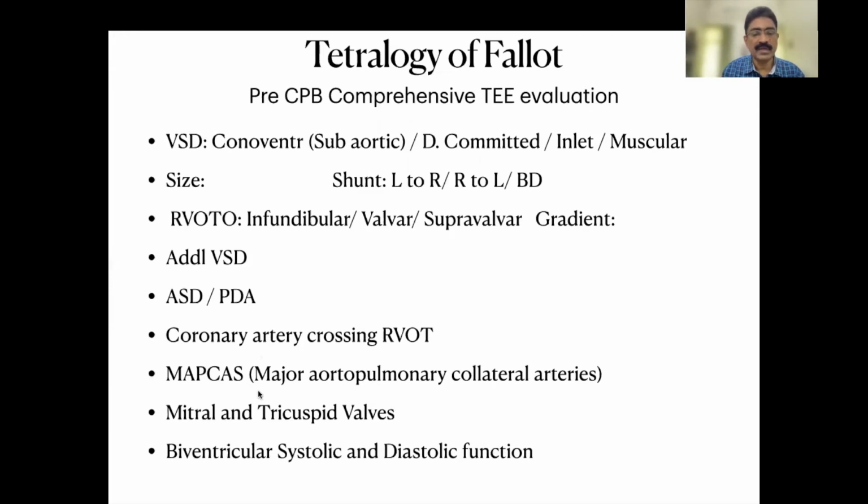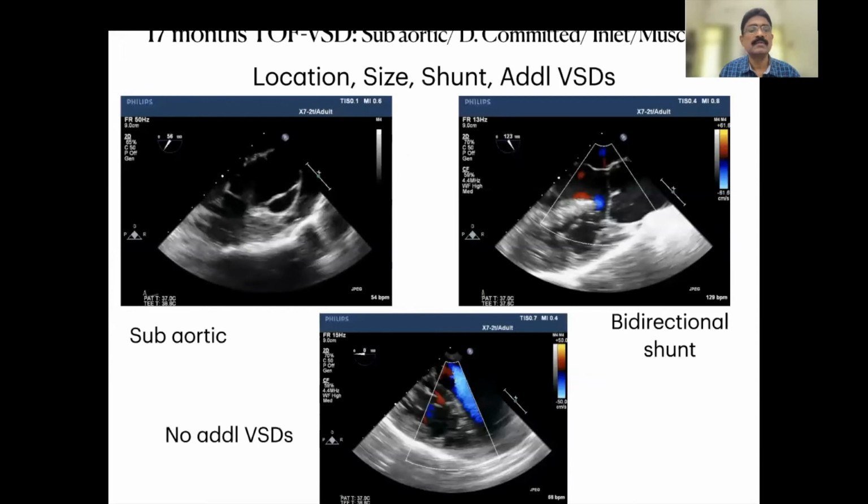Look for major aortopulmonary collateral arteries by imaging the descending thoracic aorta, and look at every valve apart from the pulmonary valve, the aortic valve, mitral and tricuspid valve, for their morphology and whether they are regurgitant. And the examination is not complete unless you examine the biventricular systolic and diastolic function. So I'm going to show the images of a 17-month-old with tetralogy of Fallot, and this is the